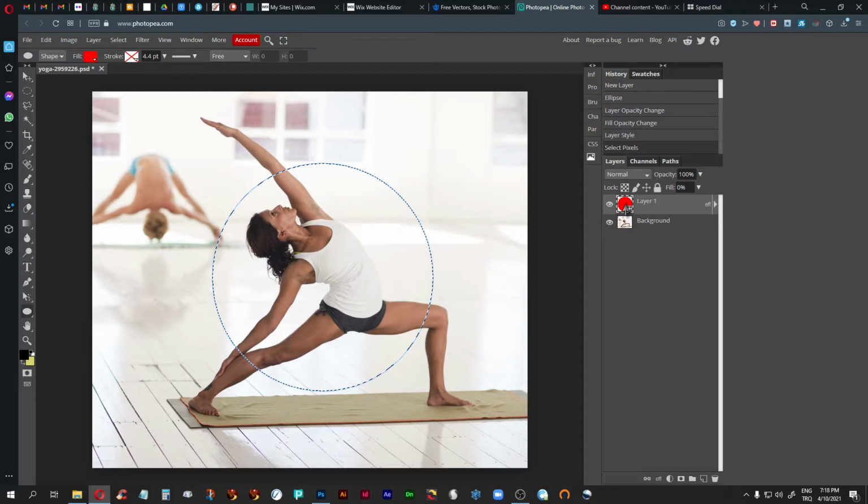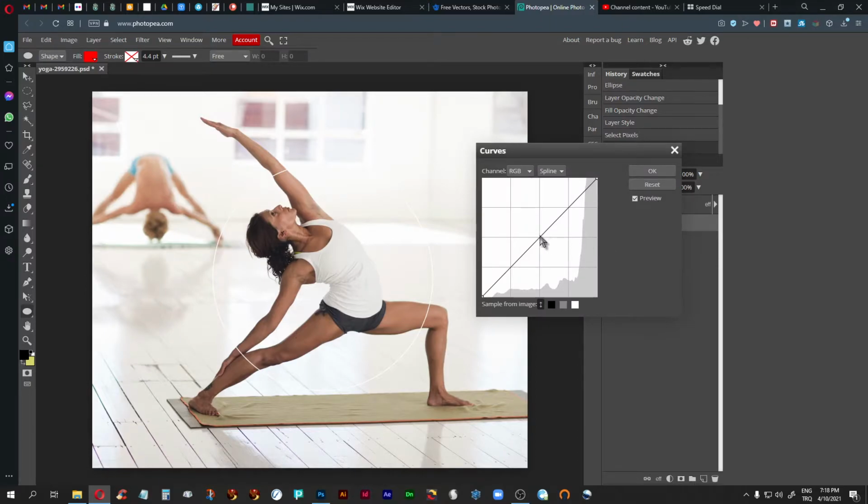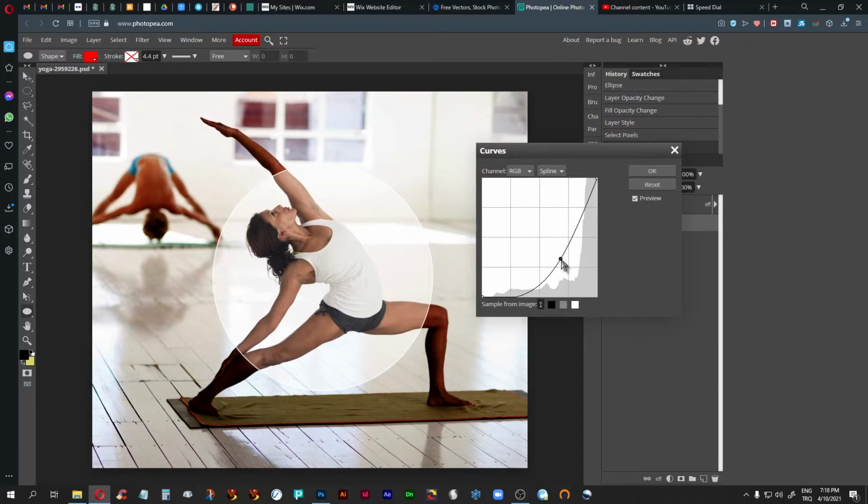So let's invert it and go back to the image, and again let's hide the selection, and now let's do this. So now everything that is outside of that circle is getting darker,